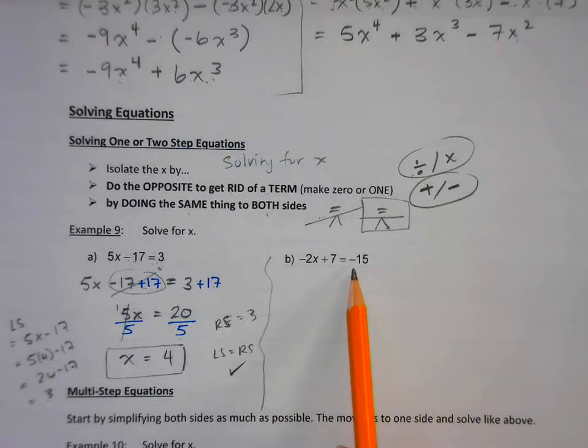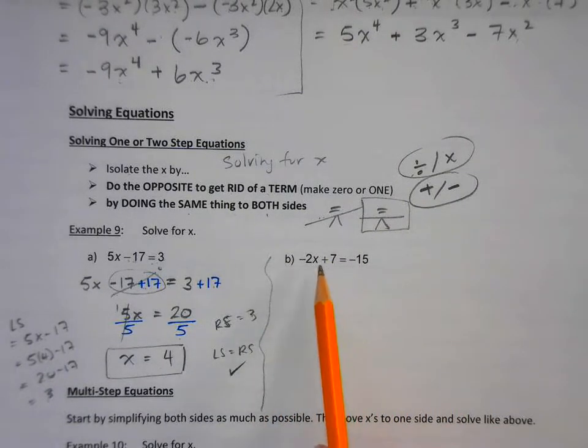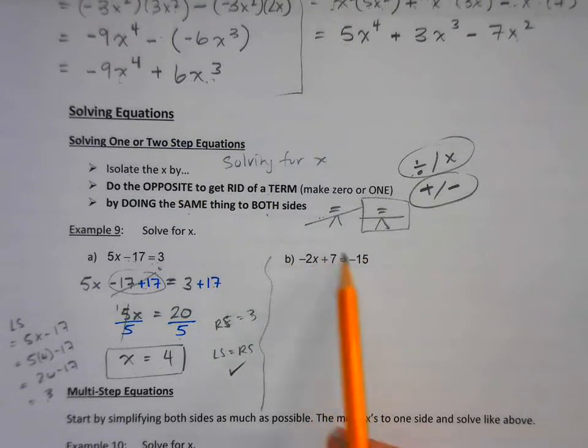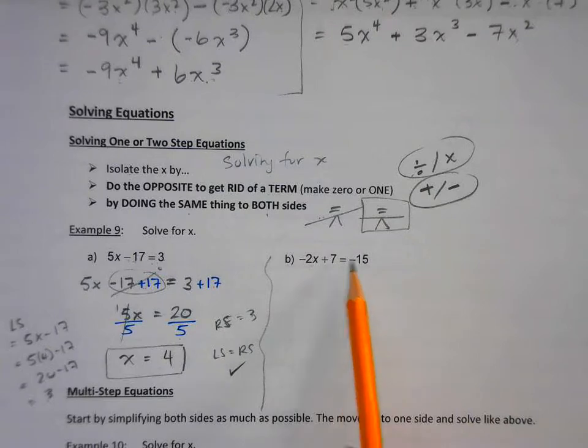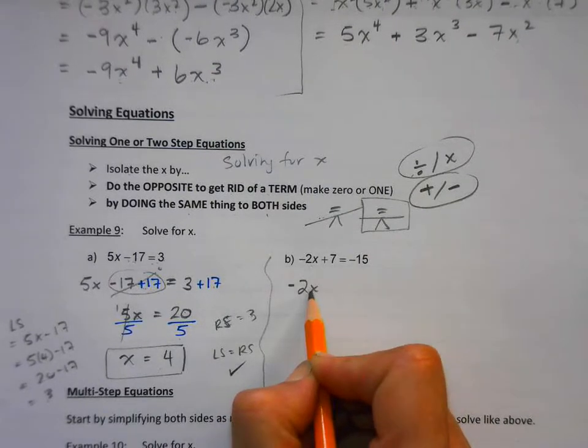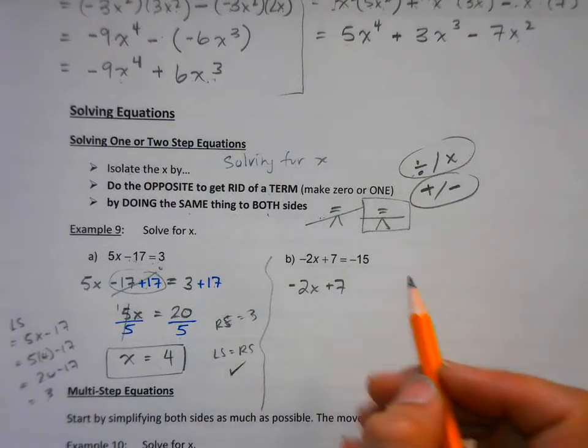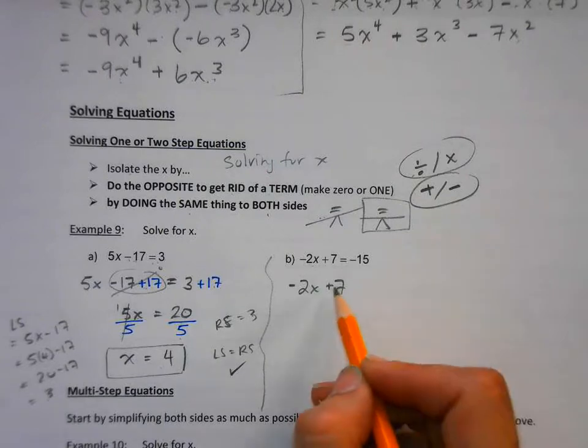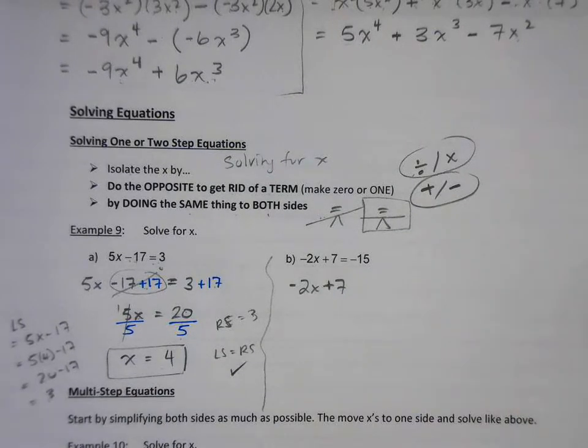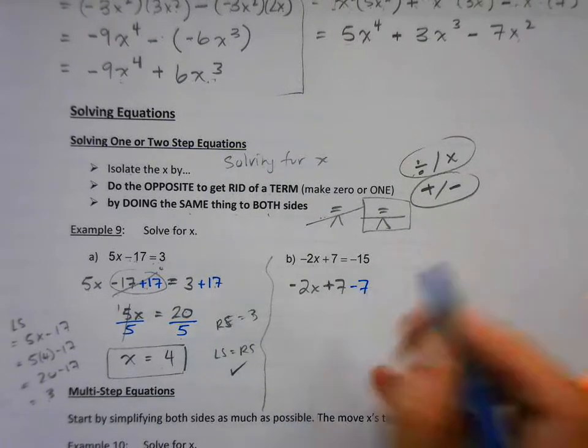So let's go ahead and try this one. Again, I want to get x by itself, but don't worry about what's in front of it until the end. We take care of the addition and subtraction first. Kind of like opposite BEDMAS to a little bit of a degree. So let's write down the negative 2x. Let's write down the positive 7, or plus 7, and the opposite of plus is minus. So I'm going to subtract 7,